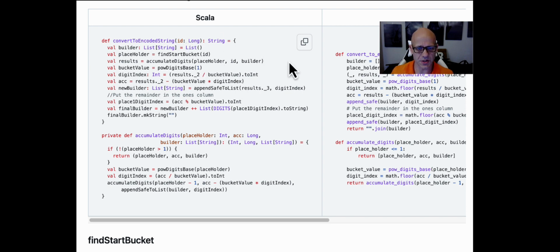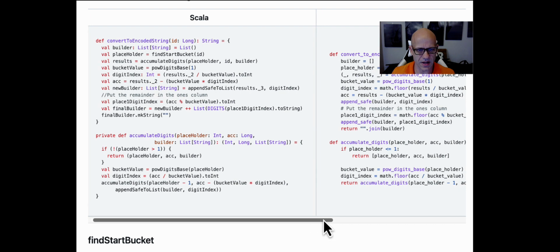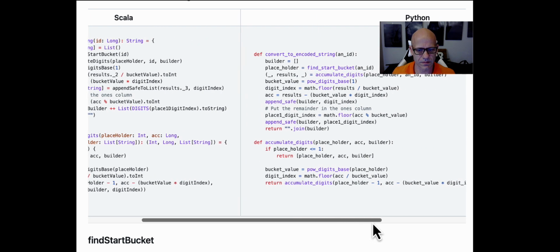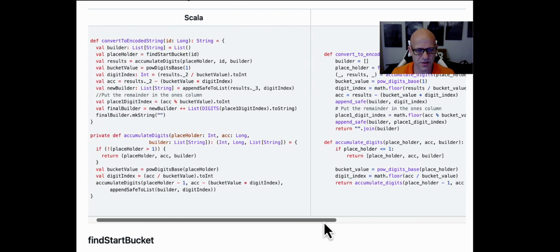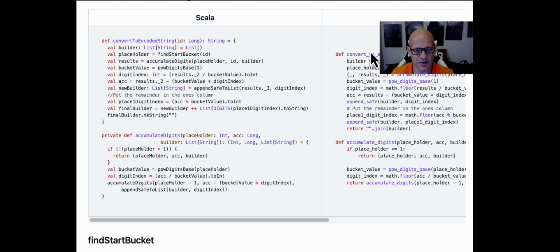So the convert to encoded string, it's actually pretty nice, the Python version, in that it's pretty much a direct translation. So you have a builder. Python's a dynamically typed language. One might say untyped, although they did add typing support more recently. Here you have